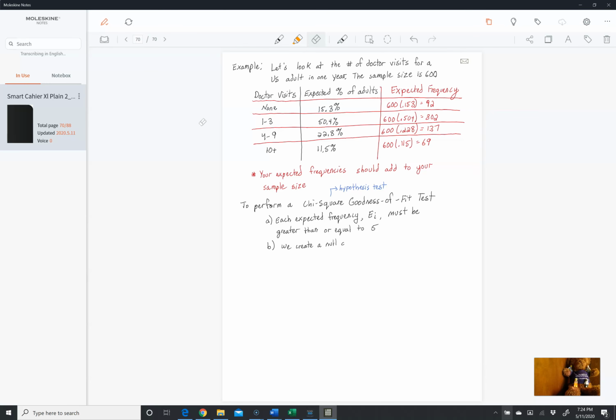And just like before, we're assuming that the null hypothesis is true. And at the end, we're concluding that either we're rejecting the null hypothesis or we're failing to reject the null hypothesis,